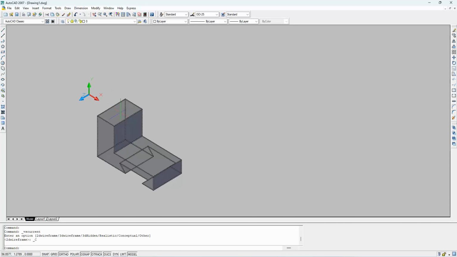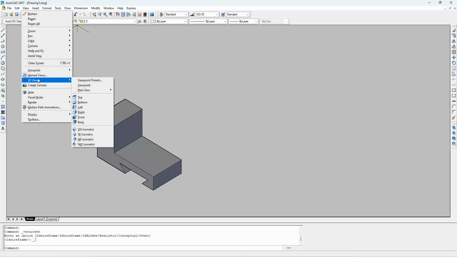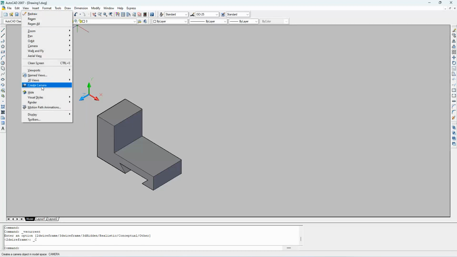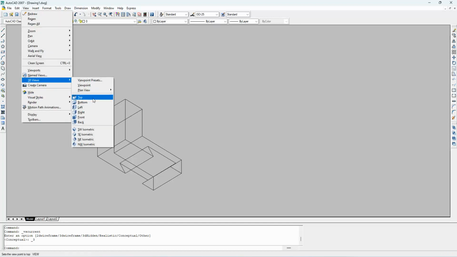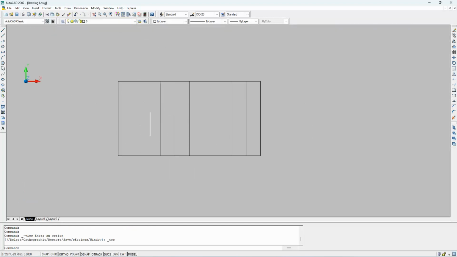Now locate the top view. Before that you go view, 3D view, go for wireframe. Now go to view, 3D views, top view. So from here draw a circle of diameter 30 mm and radius 15 mm. Now go for view,